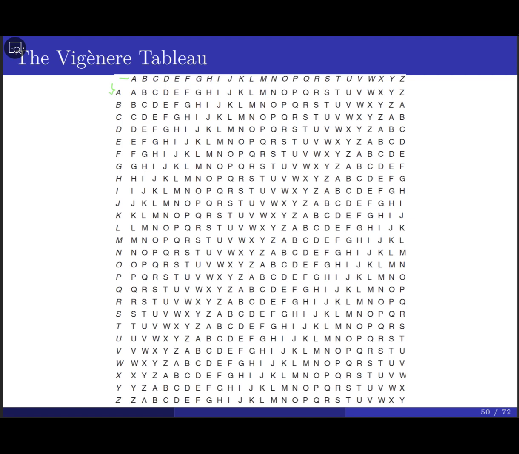The first row of this table has the 26 characters. Then the second row, what do we do here? Starting from the second row, I'm shifting the letters to the left by one position in a cyclic way. So whatever is left over is pushed to the end. You see that I'm shifting to the left, B, and A is added to the end. Then in the next row, I shift to the left again and push B at the end, etc. The last row looks like this: shift to the left, Z at the beginning, and Y is added at the end. Okay, this is how we build this table.